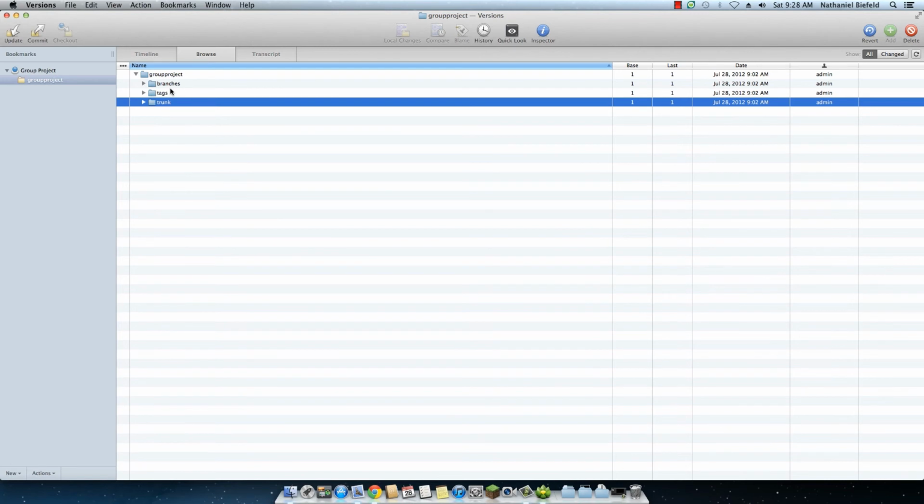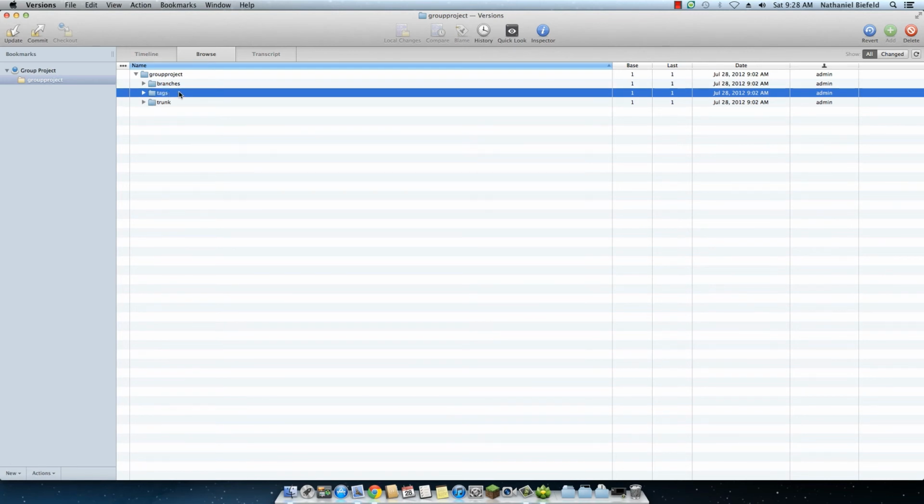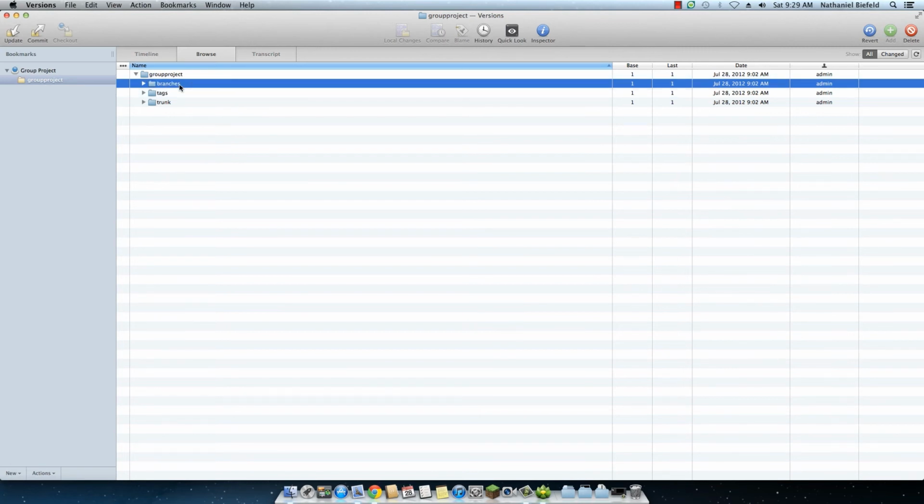A tag is when you have like beta 1, beta 2, beta 3. Those will be tags. All three of those will be tags. You can make them as a folder or zip, or it's completely up to you. There can be a beta 1 folder or zip, beta 2 folder or zip, and all that stuff. A branch is,